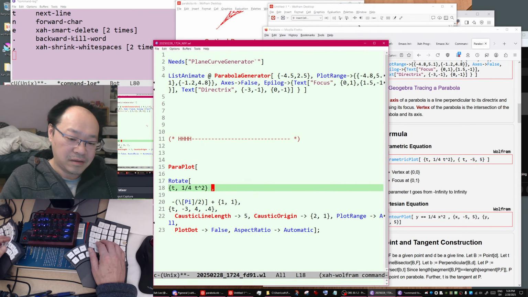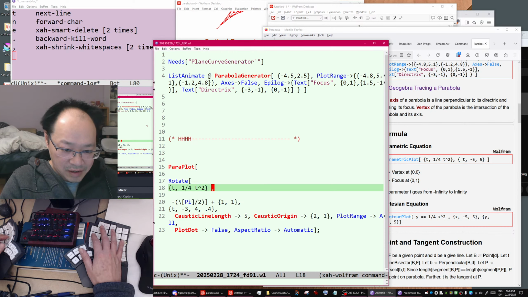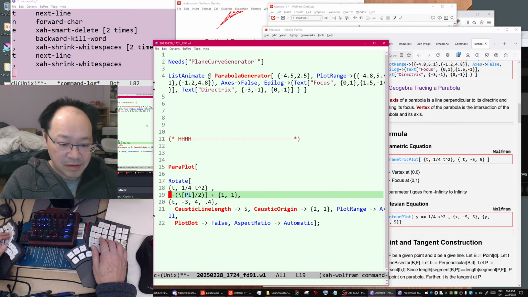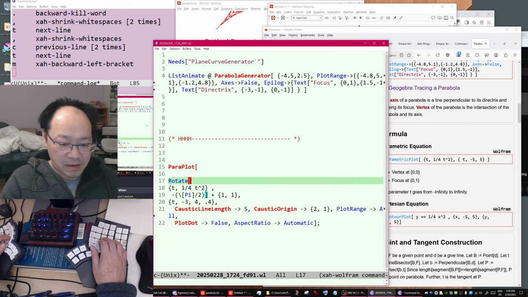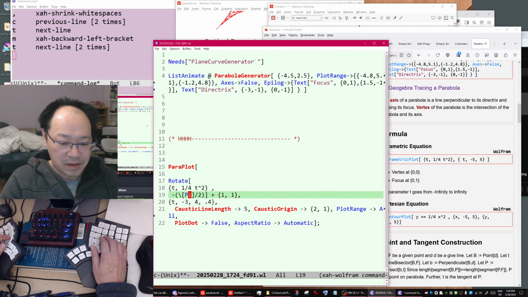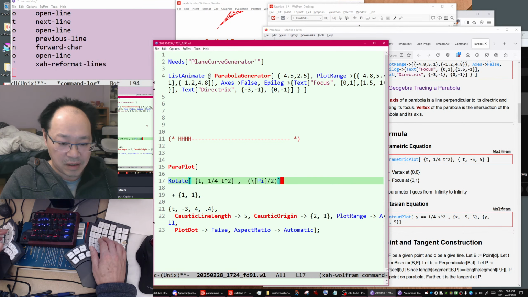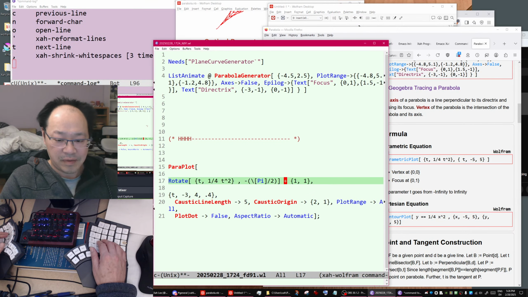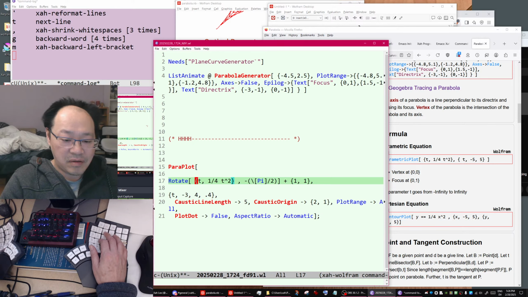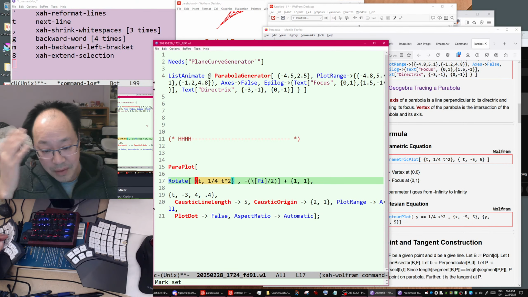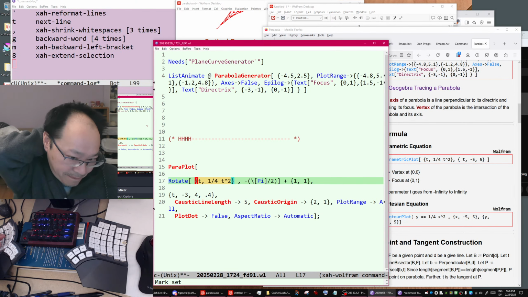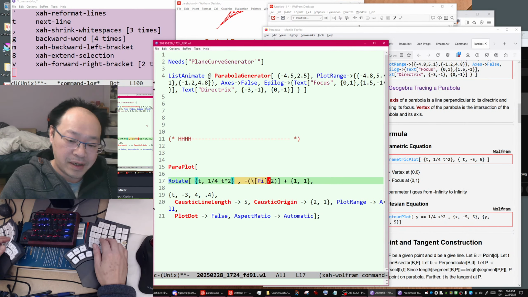Then what we are doing here is, you see, it's got this rotation going on. Can you see that? So you want to rotate this formula by pi over 2.